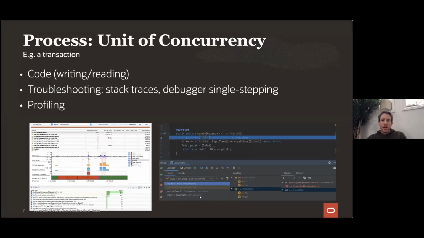Now, applications have some natural units of concurrency. That's one of those largely independent tasks. For example, in a server, this can be a single transaction. We organize our code according to this natural unit, but just as importantly, this unit defines a context of an operation that's used in troubleshooting, where, say, we want to trace the execution of one of these units in the debugger, and in profiling, where we want to know where each unit spends its time. So we want our solution to address all these important aspects. And for the purpose of this talk, I will call such a unit a process.